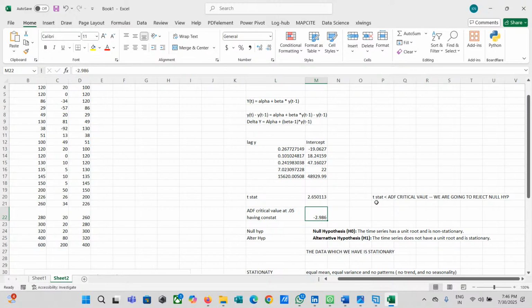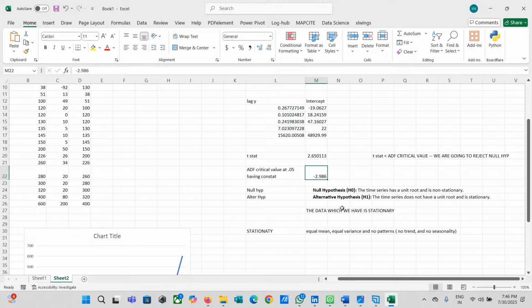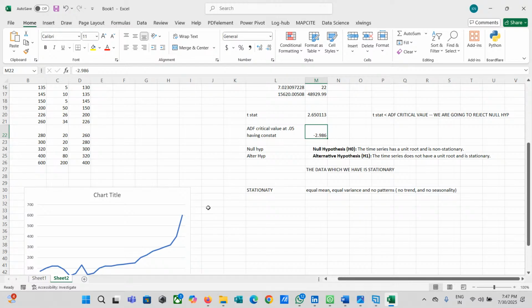In this case, the t stat is more than the ADF critical value. If the t stat is more than the critical value, then we're going to accept the null hypothesis, right? If you accept the null hypothesis, it means the data is non-stationary.